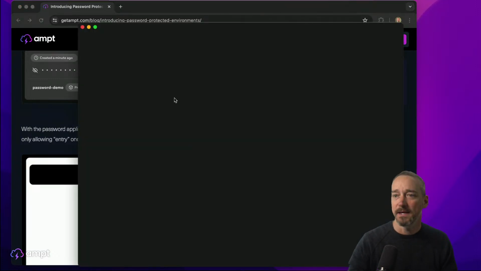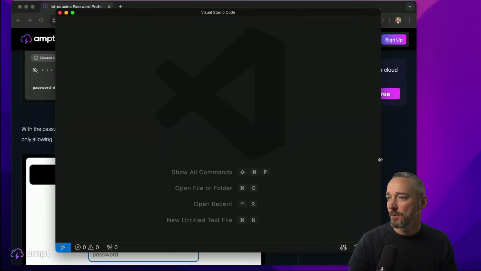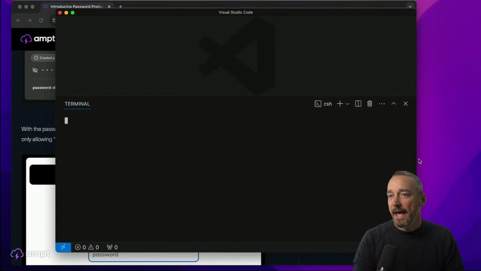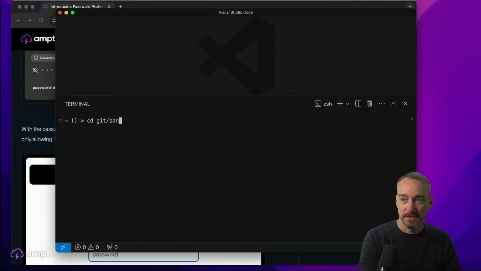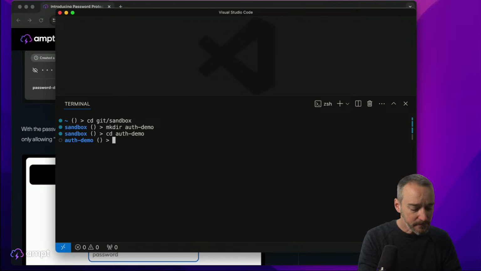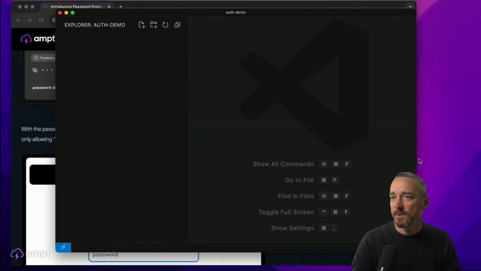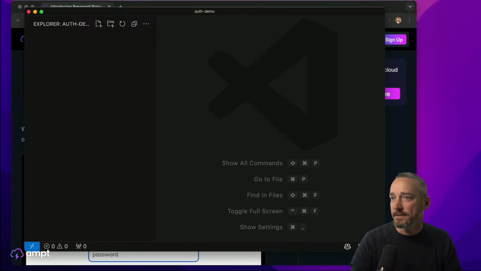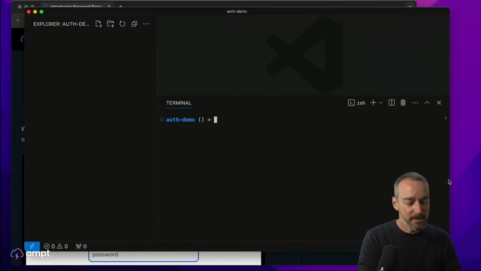So let me open a new VS Code window here. And let's create, let's see, let's go into cd git /sandbox here, and we'll make a directory called auth demo like this. We'll cd into auth demo, and then we'll open this up in the code window here. Okay, so we are in an empty directory called auth demo, and within here we're just going to run